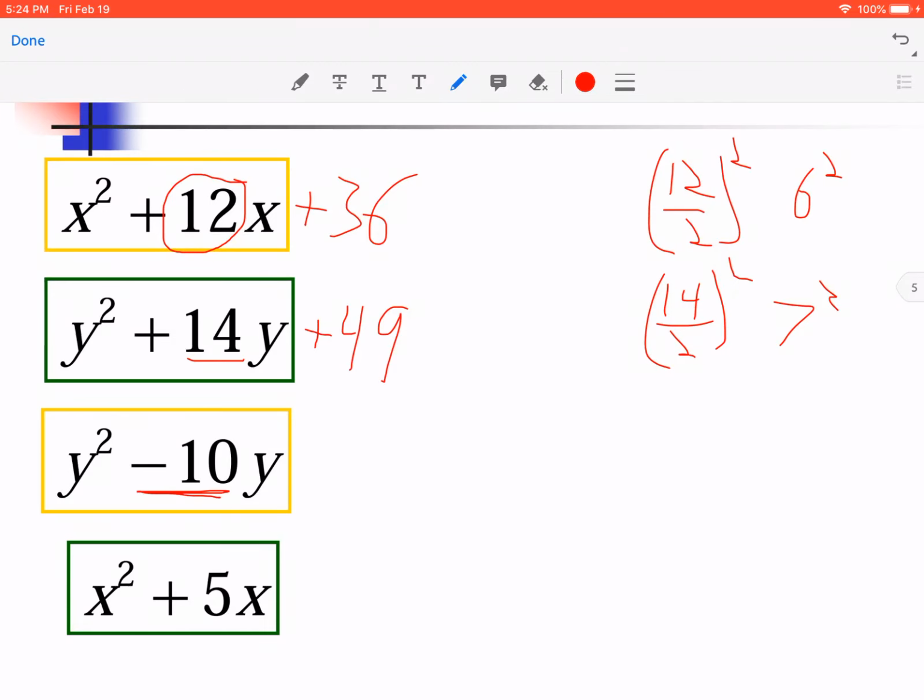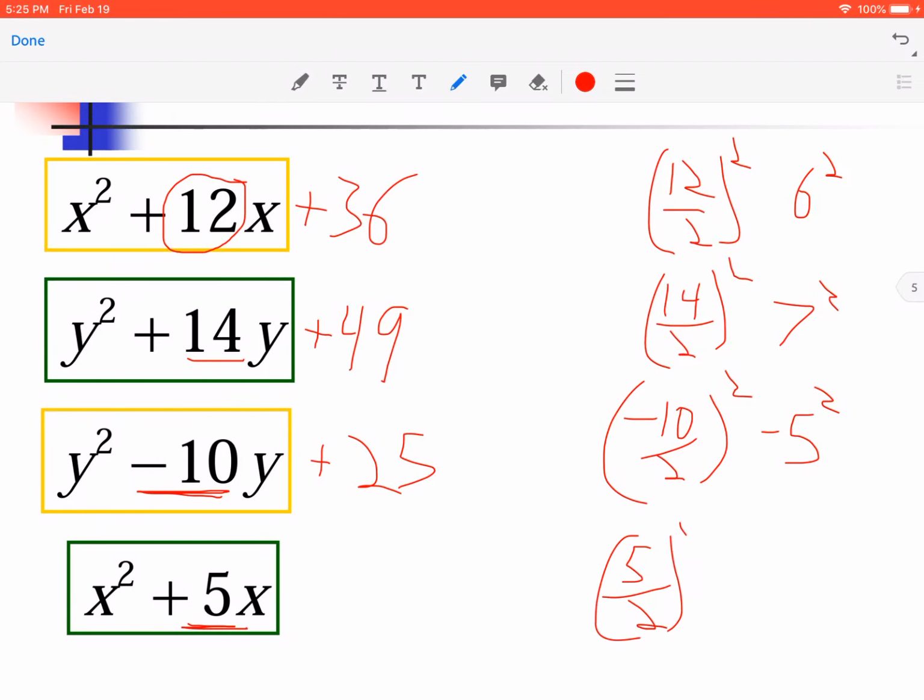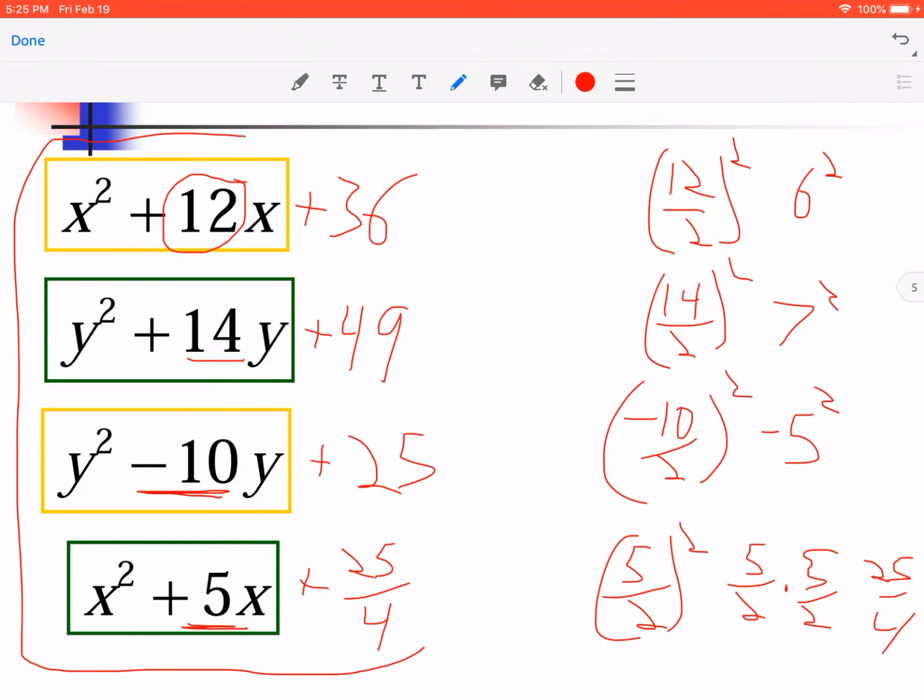Look at the b in this one. It's a negative 10. Does not matter. Anytime you square a negative, it's a positive. Negative 10 divided by 2 is negative 5. What is negative 5 squared? Negative 5 times negative 5 is positive 25. There's that odd number again. If you get a 5, don't worry about it. Leave it as a fraction. What is 5 over 2 squared? That's 5 over 2 times 5 over 2. That's 25 over 4. We just did that one. But you can have any odd number divided by 2 and leave it as a fraction. So it's plus 25 over 4. All of these examples are perfect square trinomials. If you want to graph them,